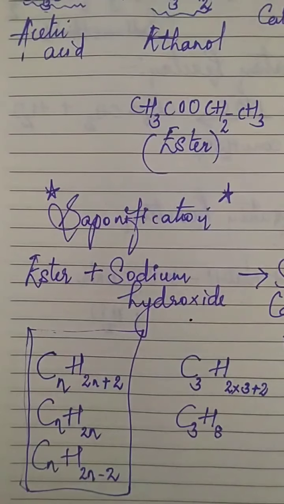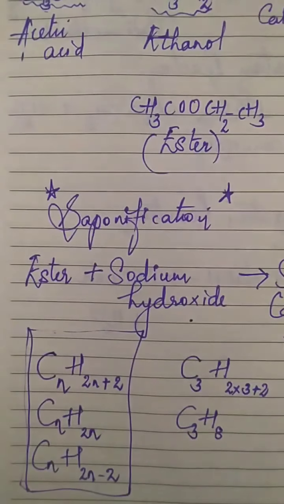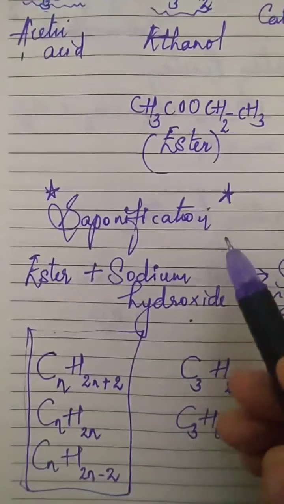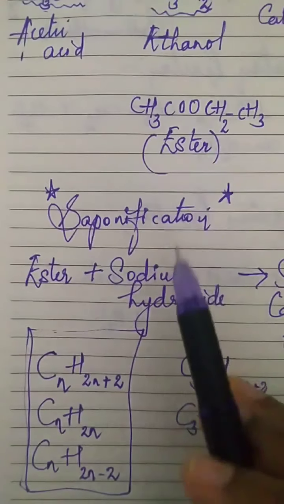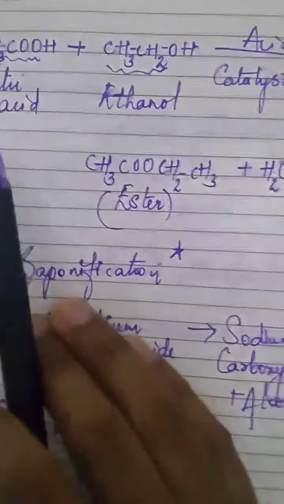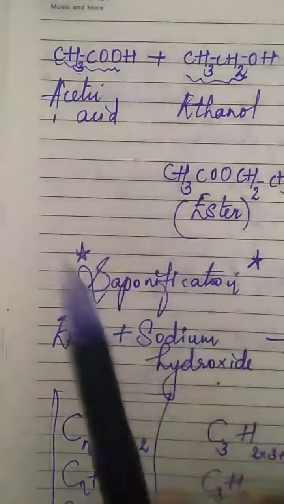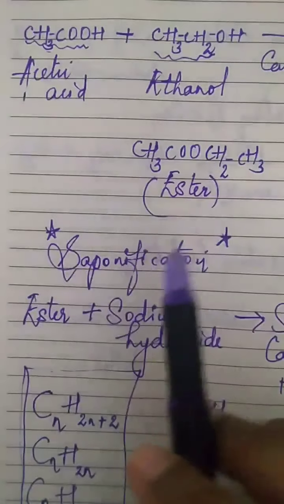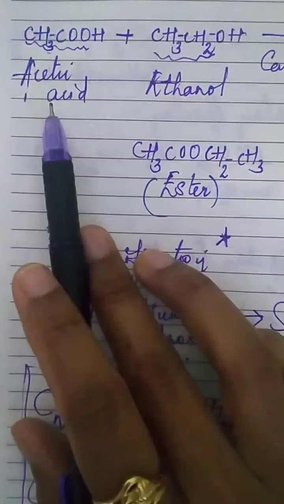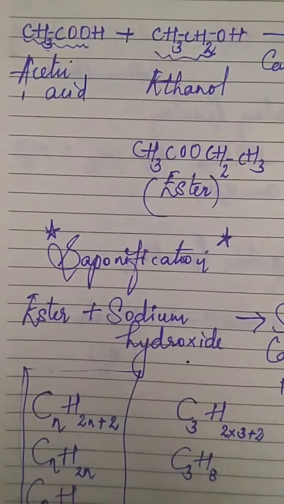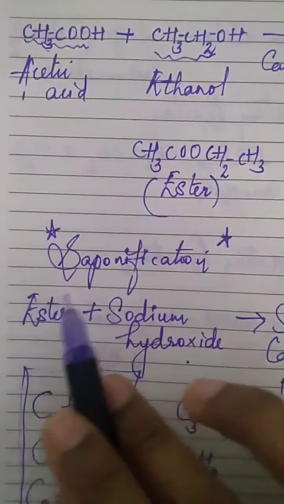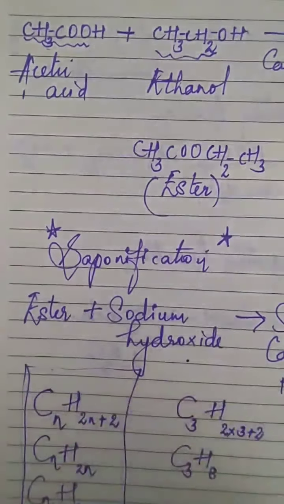And they have asked you some questions in the exercise part. Kindly attempt that. So in today's class, what all things we learnt? We learnt about combustion reaction. We learnt about oxidation reaction. We learnt about addition reaction, substitution reaction. This was esterification, where an ester was formed from alcohol and acid, esterification reaction. Neutralization reaction, acid and base. Acid we use acetic acid, and base. That neutralization reaction we saw. Depending upon this, they will give you a reaction and ask you to identify which type of reaction is it.